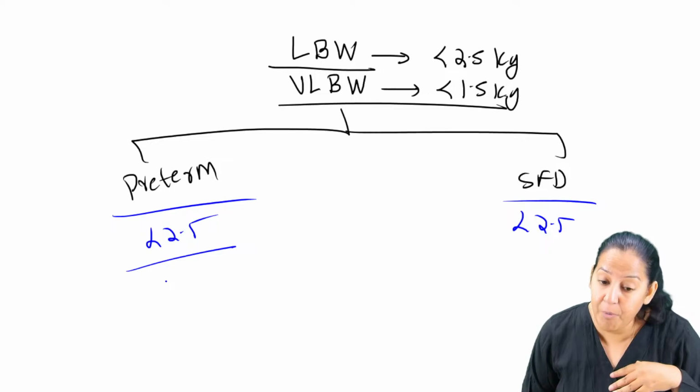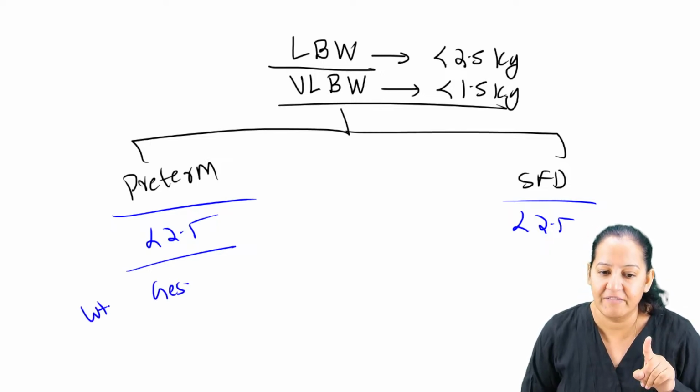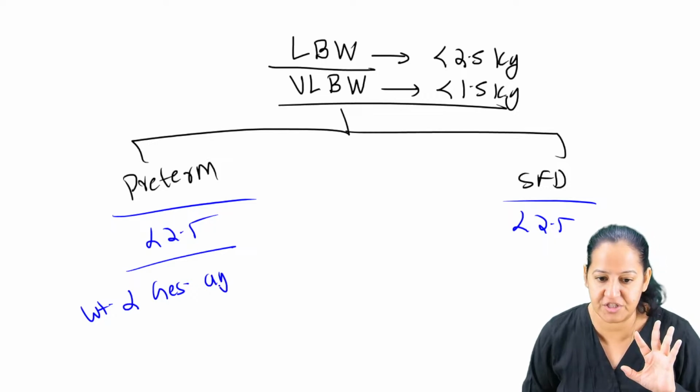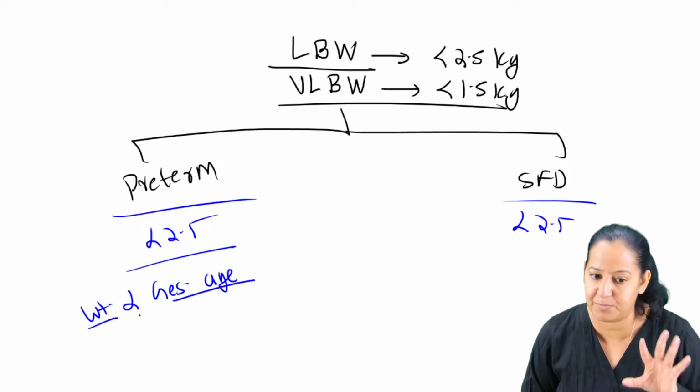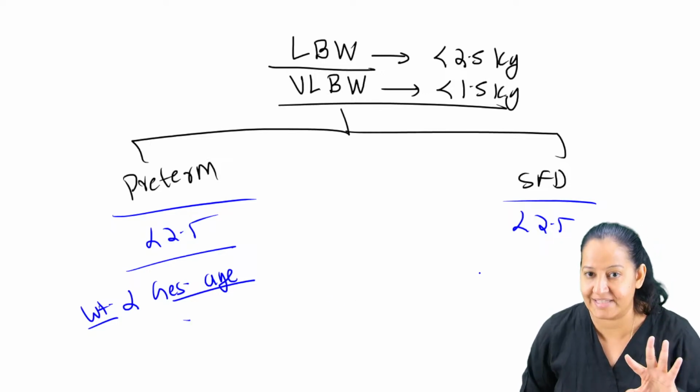Here the baby is born preterm, but the weight is corresponding with the gestational age. Whatever the gestational age is, the weight corresponds with that. If the baby is born at 28 weeks, the weight is according to 28 weeks, like that. Here,